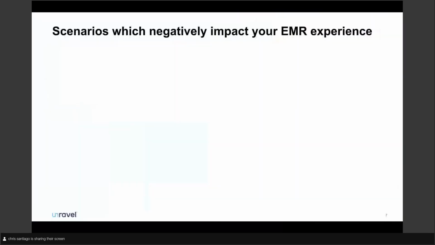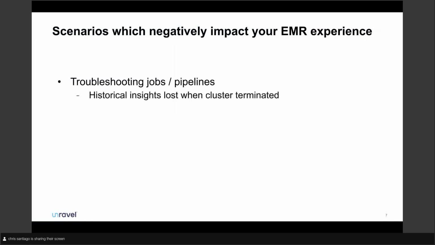Some of the things you do need to keep in mind is, hey, jobs are going to fail. Your pipelines are going to fail, right? And so you do have some nice tooling from within AWS itself, from within your interface. But something to keep in mind is that with these clusters that are transient, with these clusters that can go away over time, when it comes to looking at historical insights, those insights can get lost when the cluster is